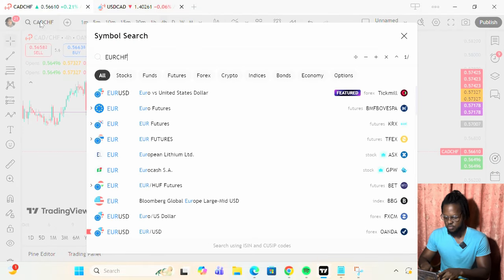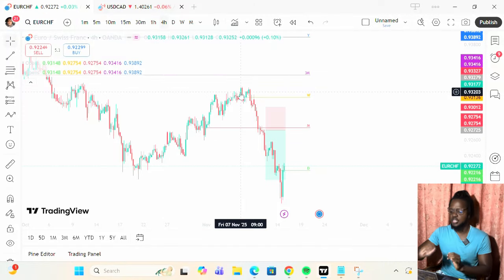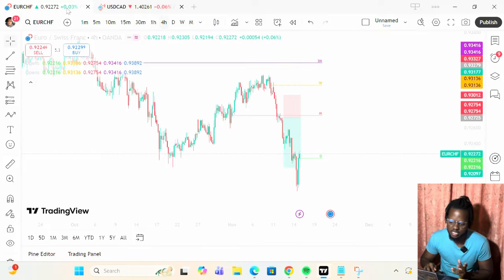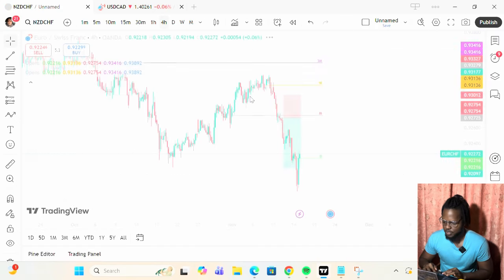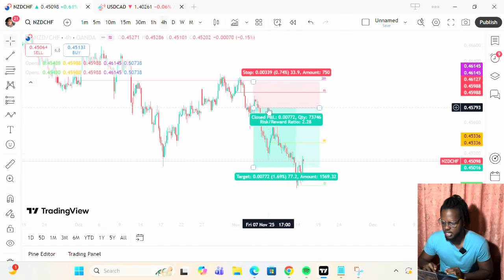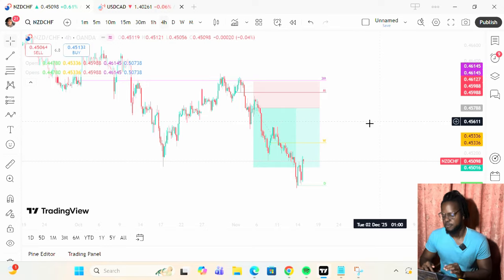As for the other Swiss franc pairs, they've all made their moves. They all sold off. I regret not entering more. I didn't get tagged here. This was my limit. I missed this. I missed NZD Swiss. As much as we won a lot, I feel like I missed out on more. Look, this is a position I failed to take as well, just because I didn't get tagged in. But yeah, you can't get involved in every Swiss franc pair.